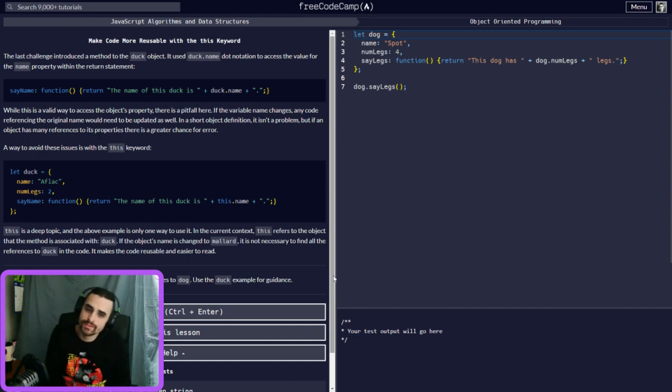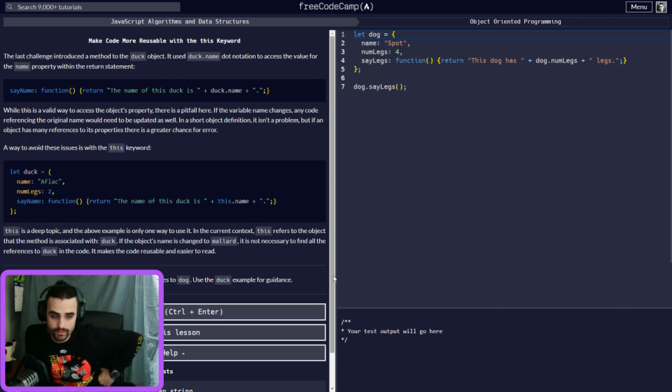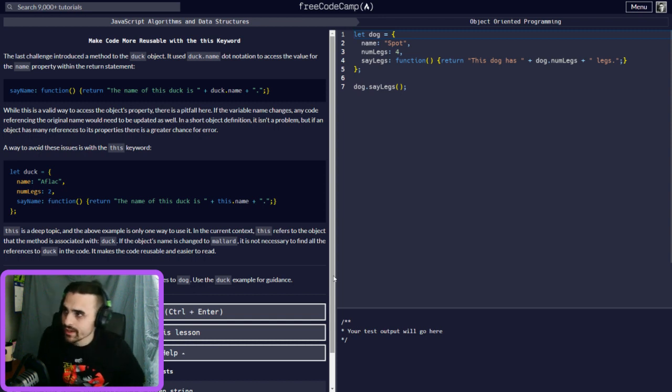Okay. So now we're doing something a little different in here. We've been calling the object by name whenever we've been doing this, like whenever we're putting it in here, we have dog.numLegs, and so on. Well, there's a better way of doing this. If you're actually referring to this object, you don't have to actually put dog.numLegs. So we'll go over this.